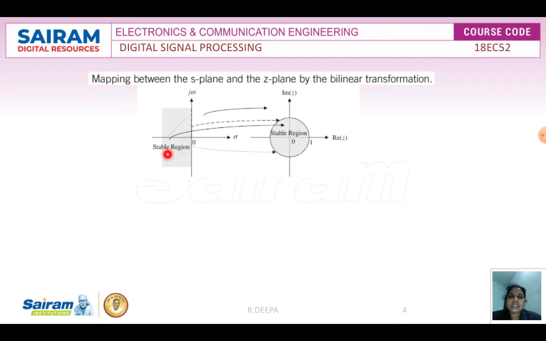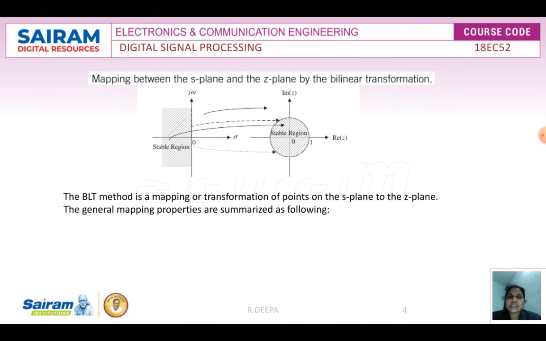Now we are going to transfer the poles in the left hand side to the z domain. This graph represents the z domain, where the x axis is the real part of z and the y axis is the imaginary part of z. We have a circle drawn with radius 1. Whenever you map a pole from the stable region of the s plane to the z plane, if it lies inside the unit circle, then after transforming this analog filter to a digital filter we are able to maintain the stability. That is what we are going to check here. Hence it is called mapping of the s plane to the z plane.